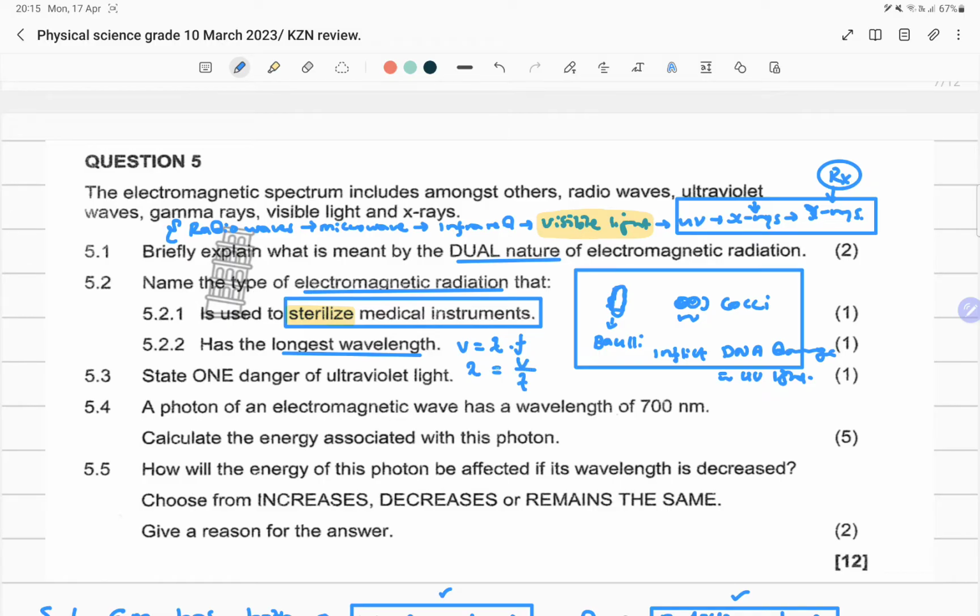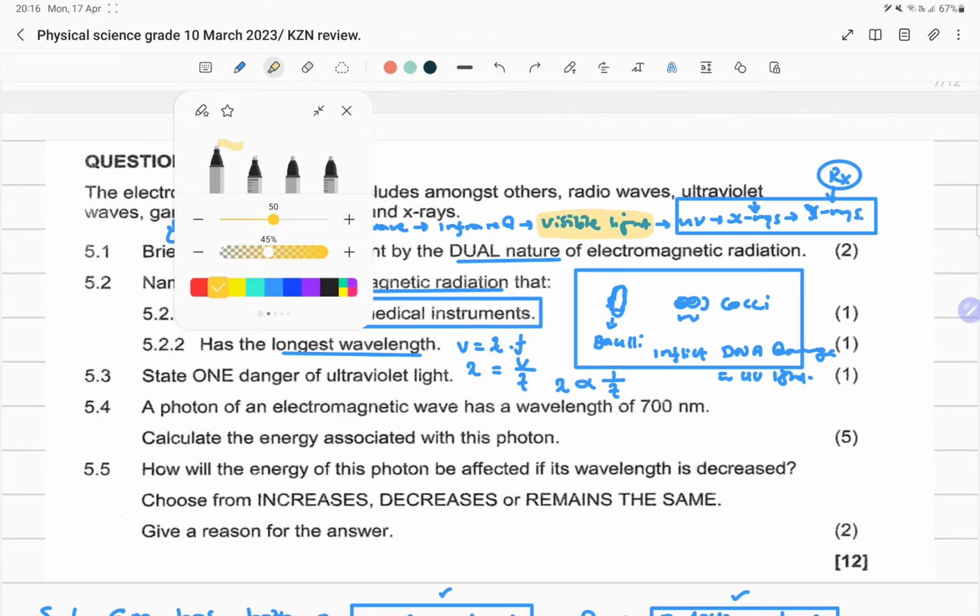So we know that lambda is inversely proportional to frequency. So what does that mean? Something that has the longest wavelength has the lowest frequency, meaning the least energy. So this is the least that we study at school, okay? We study this one,